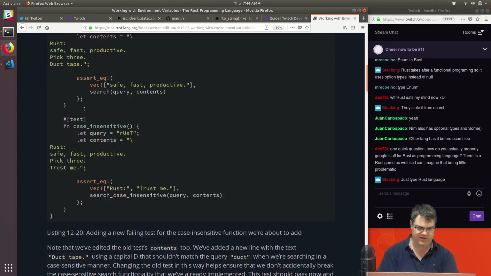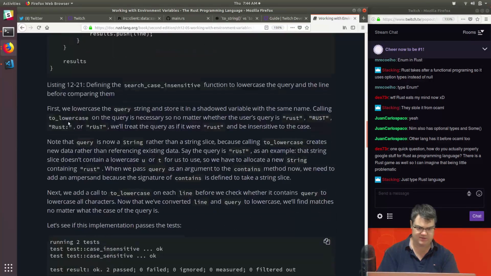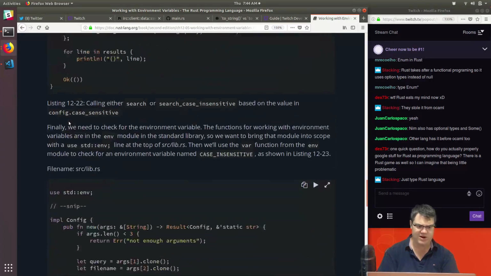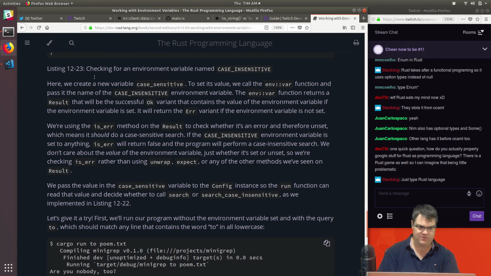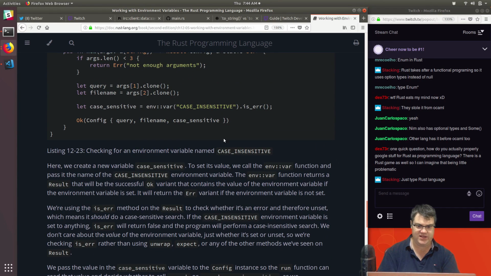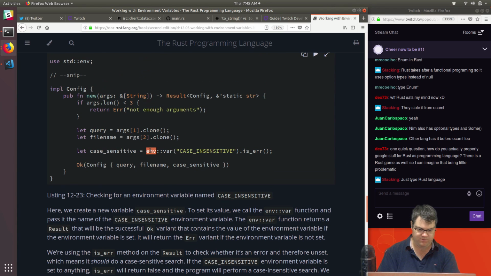Okay, so writing failing case, so we don't care about that. Oh, right, I remember this project. Okay, so checking for an environment variable named case insensitive. So env var case insensitive, and if it's an error, we run this. So let case sensitive equals env var case insensitive. Okay, so